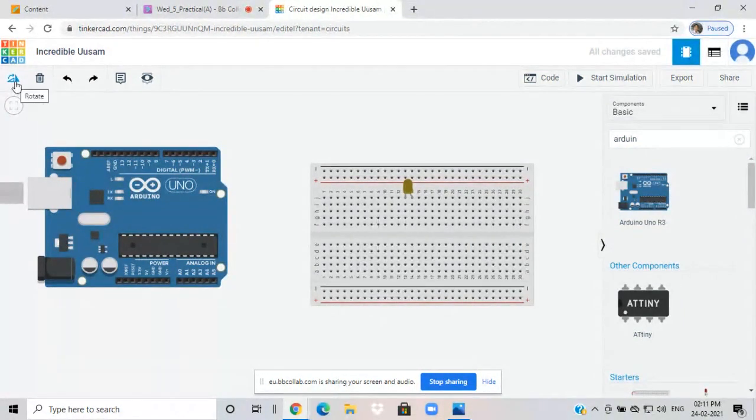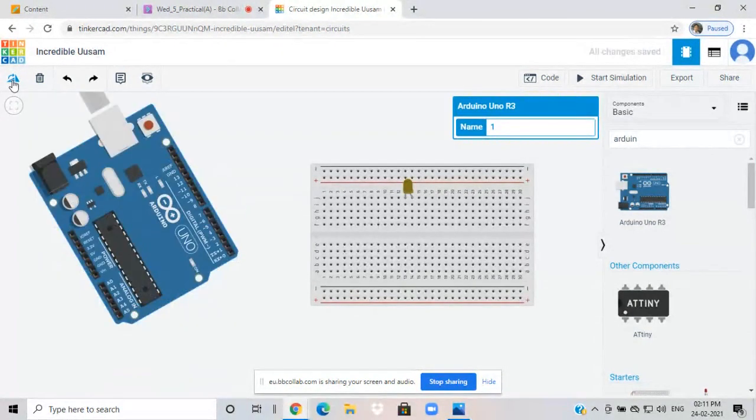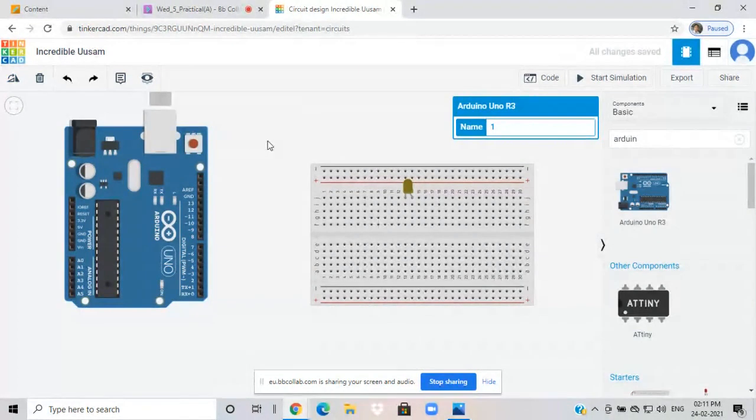Okay, and we can also rotate it. Rotate button is there. So click there, it will rotate in different angles. Okay, so in this way it is rotated.